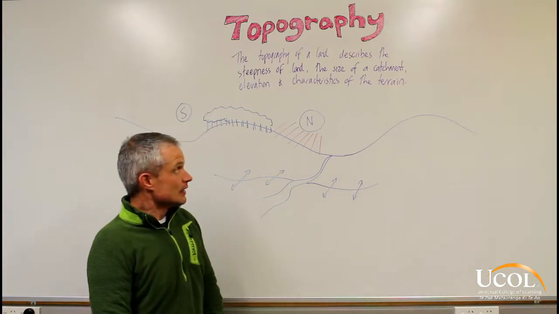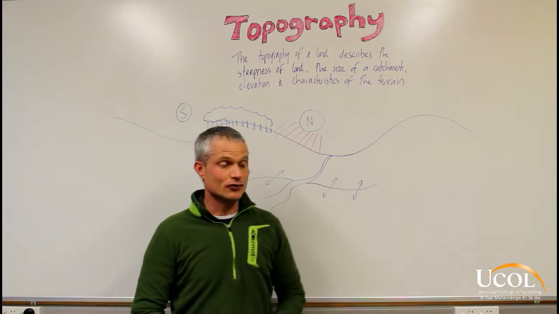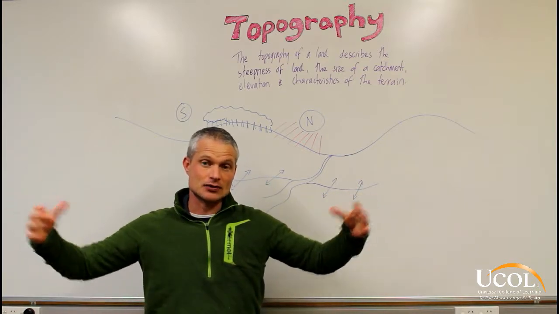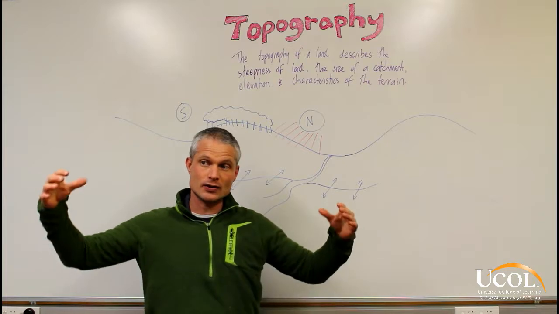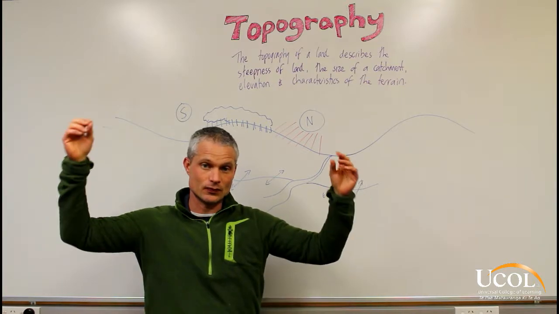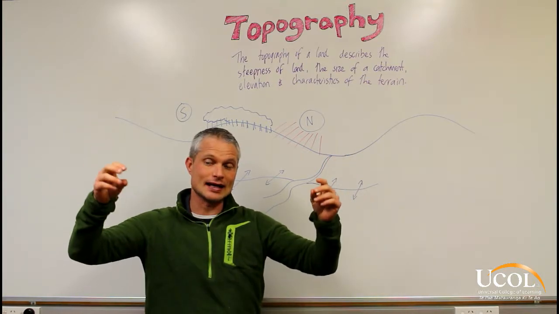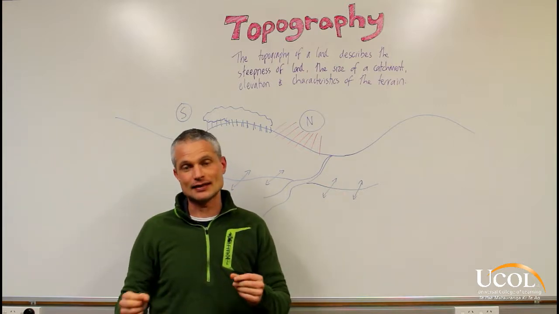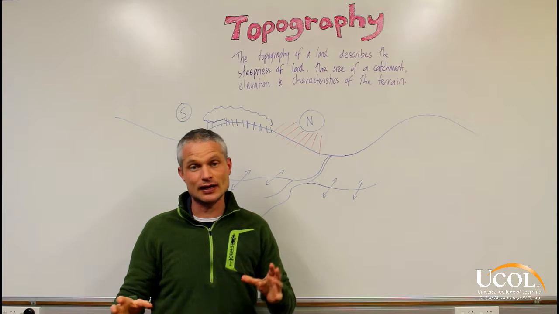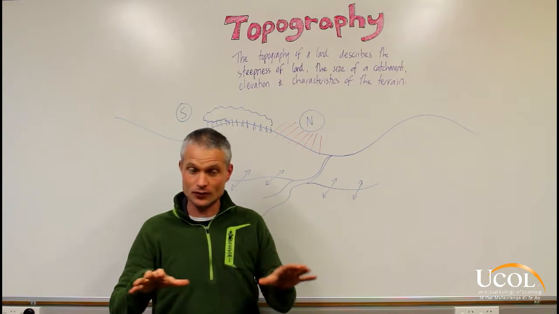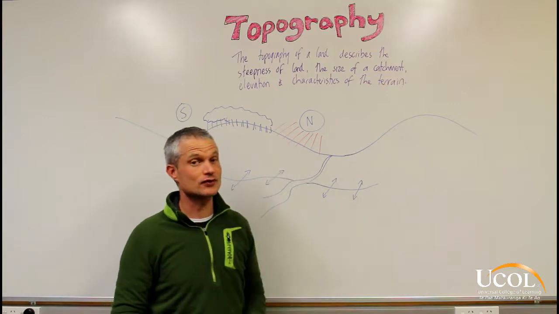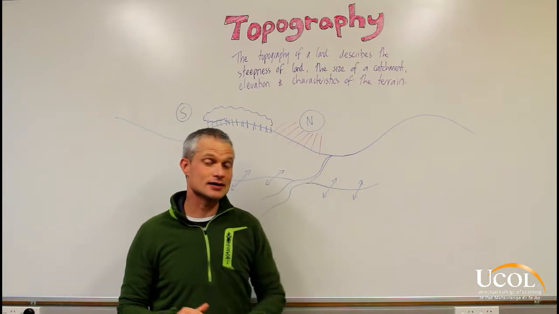Being aware of the topography of your particular area involves things like, what is the size of the catchment of that area? So what is the size of the land where water falling on that land will collect at a certain point, and that will impact things like creating dams and swales and working with water on your particular site. It will also affect things like the drainage of your site,